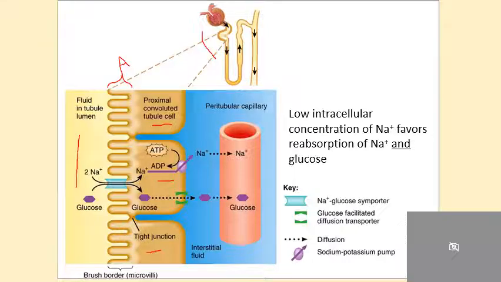Over here, we have extracellular fluid, and so we have the basolateral cell surfaces of these epithelial cells in contact with the extracellular fluid. And then here we have blood inside a peritubular capillary. So the filtrate is flowing through the lumen of the renal tubule, and reabsorption of sodium and glucose is occurring